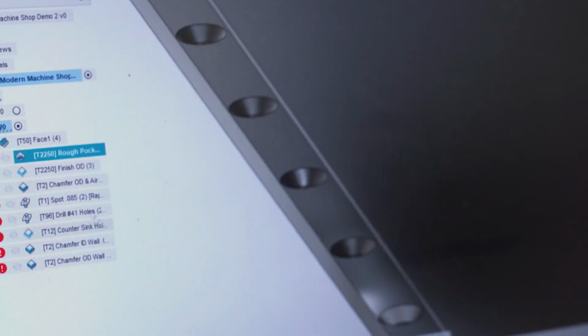The device we're going to talk about for speeding programming time is templates, a resource that's available in many CAM systems. Talk about what that means. What is a template in CAM software and how does it save you time? A template in CAM software is just a part that you use to save all the features on.